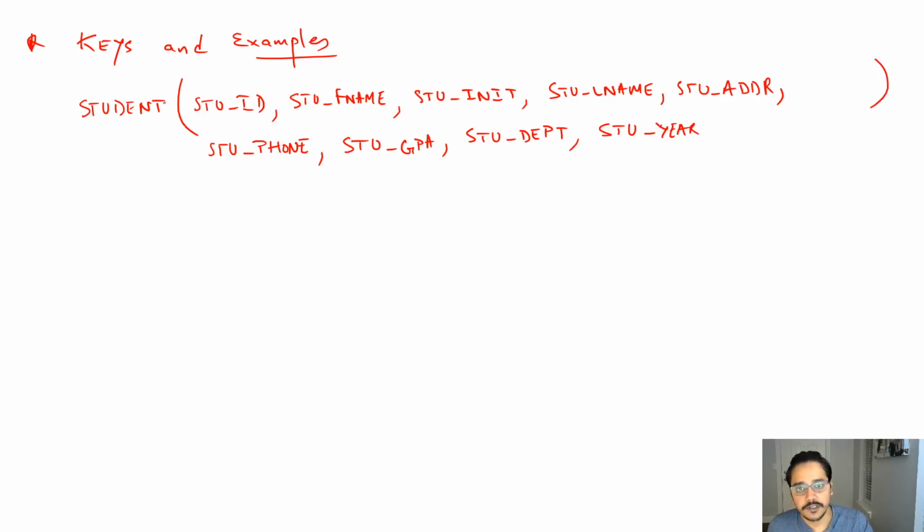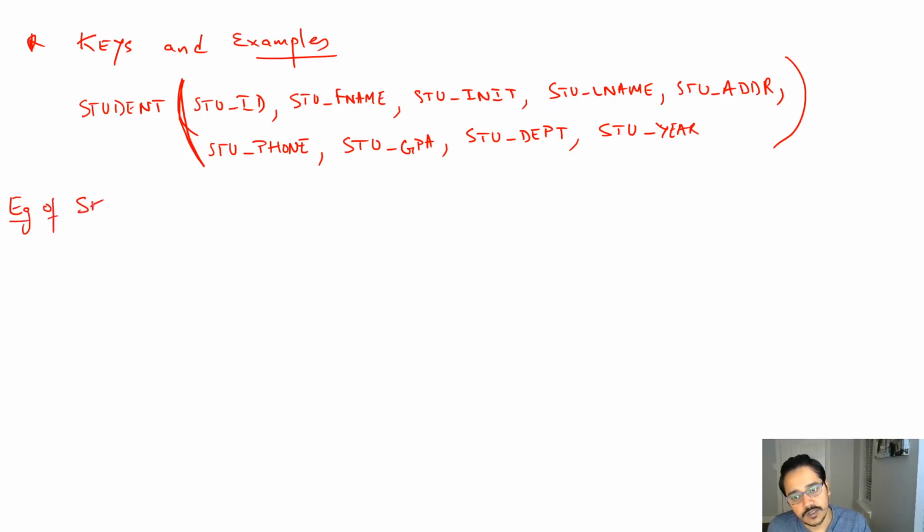And thereafter, of course, you will have to underline the primary key of the table. But since we're just discussing the examples of keys, we won't underline anything at first. So first, let's look at some examples